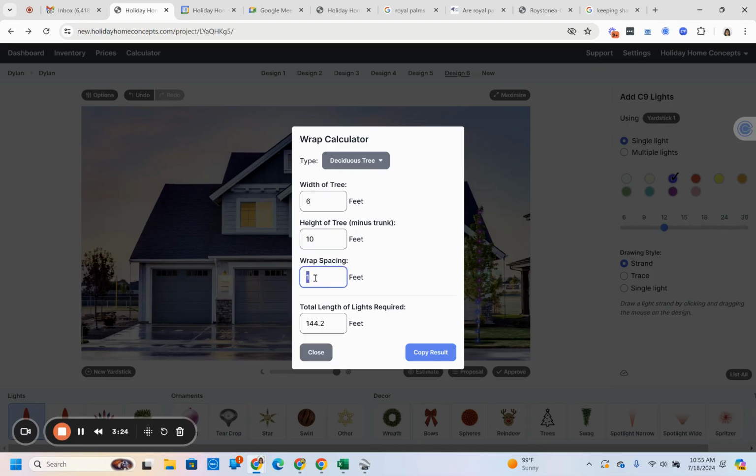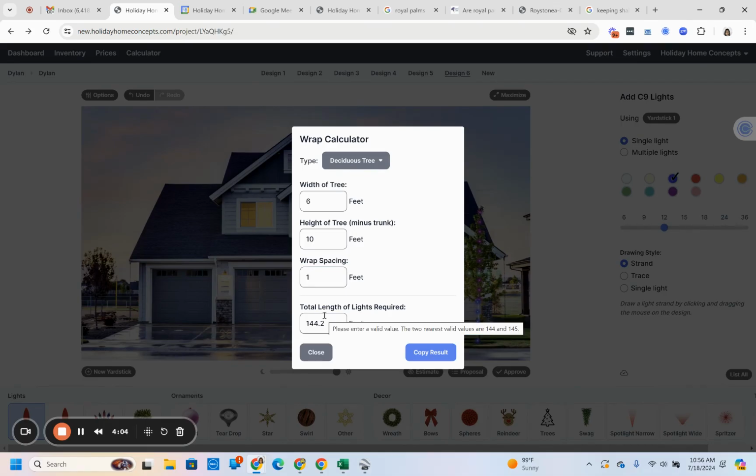The spacing that you want is the layers in between the outside wrap. How close together do you want each layer to be? Imagine creating a spiral around the tree with your lights, going all the way around. I call it lollipopping, but that's how professional installers do it. They go in and out around the tree till they get to the very top, or go from the top to the bottom, whichever method they have depending on the tree type. So I would say for a tree like this, 1 foot would be sufficient for the spacing. This is telling me I have